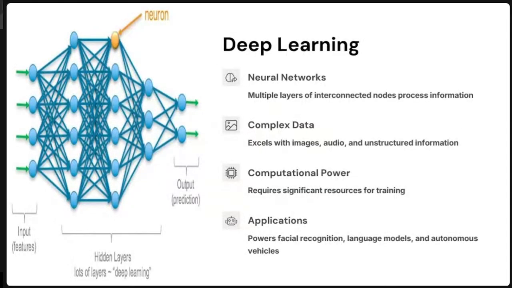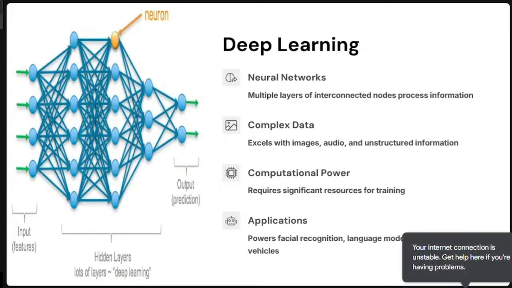Then we talk about deep learning. Deep learning is what most people find the most interesting in machine learning. It's a subset of machine learning, and it deals more with neural networks, which have really gotten hype recently for the way they make things more structured. And neural networks basically